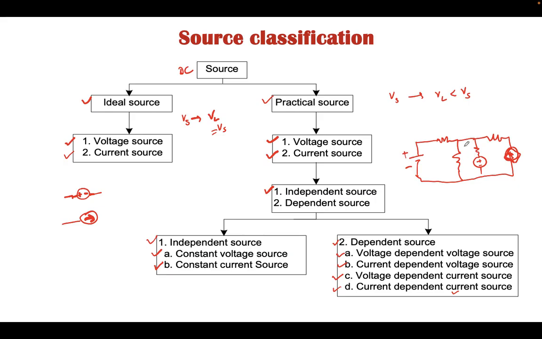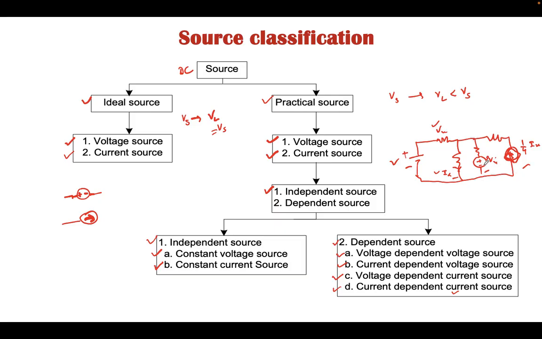Now, let's consider the voltage across this resistance is Vx and the current through this resistance is Ix. This is an independent source whose magnitude is independent of any other branch, but this is a dependent source. Its magnitude is 2Vx, double the voltage across this resistance. Similarly, its magnitude is 1/4 of Ix, which means it is 1/4 of the current of this branch, and hence this is a dependent current source and this is a dependent voltage source.